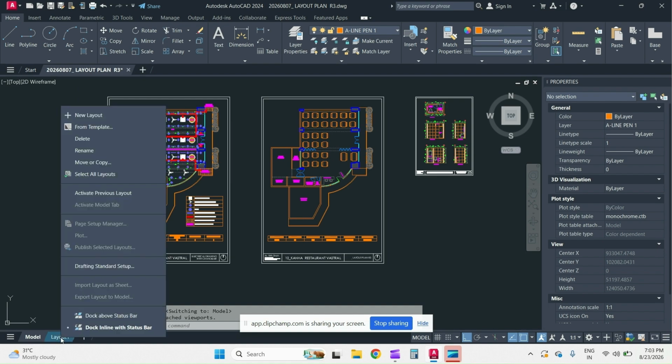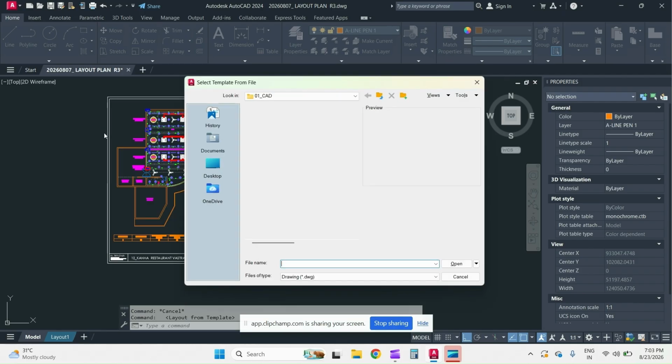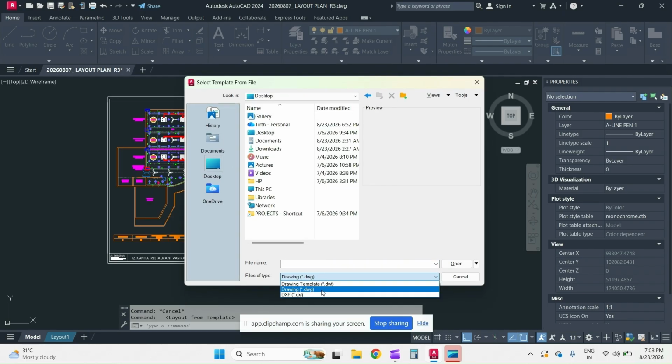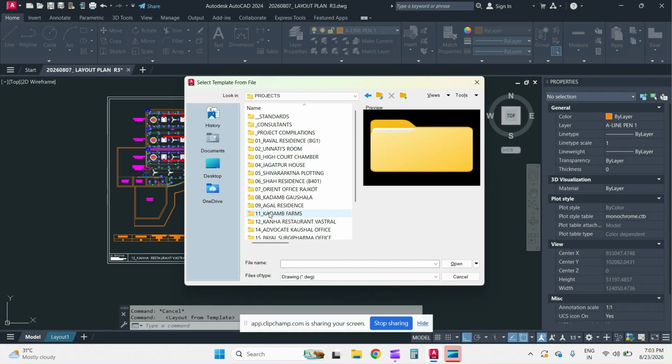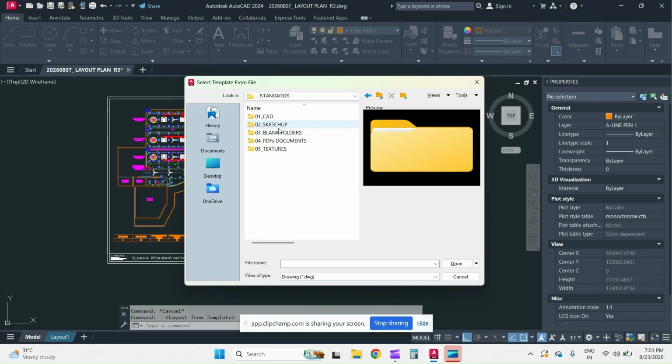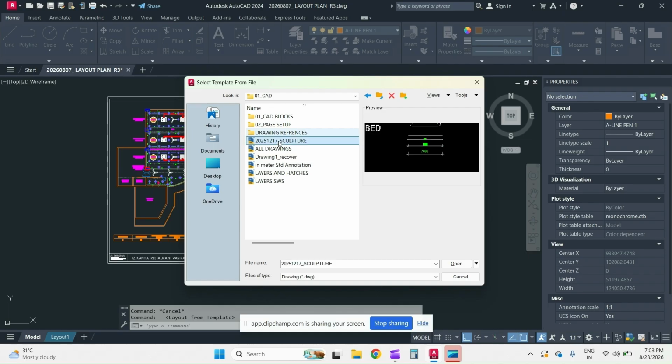Simply what you have to do is right click on layout, go to From Template, then you simply have to select the option over here, DWG. Make sure the option DWG is selected, or else your AutoCAD file will not be visible for you to select and import. After that, you simply go to your file location from which you want to import the layout format,